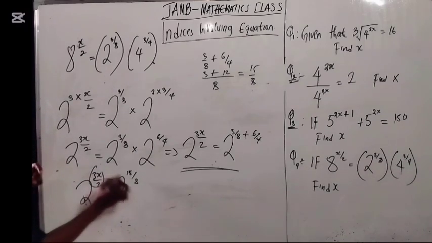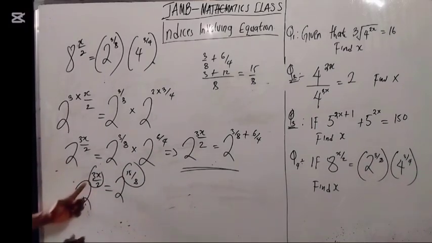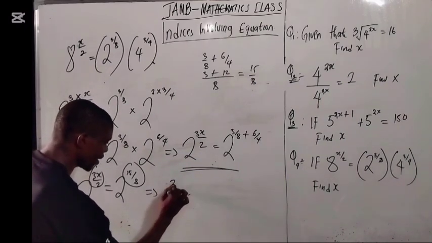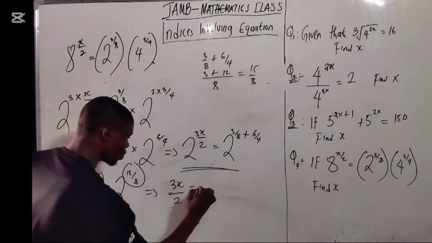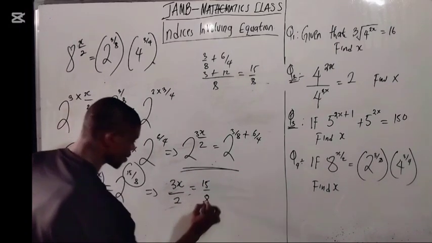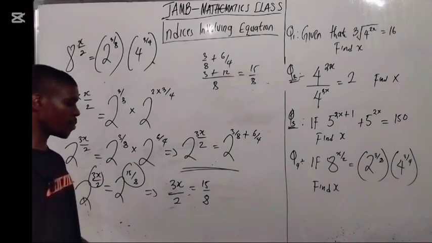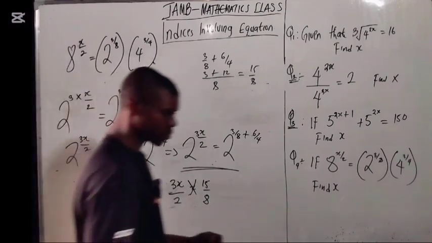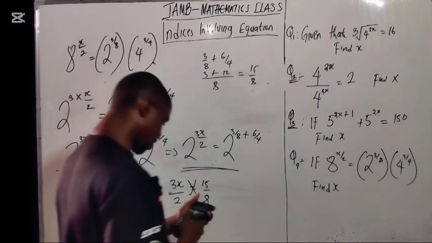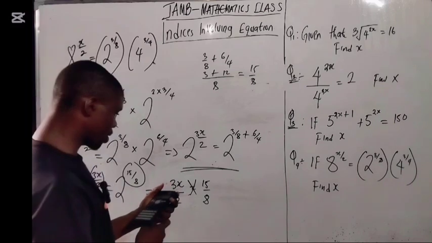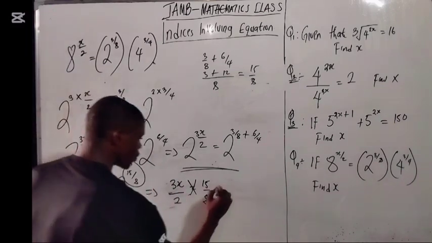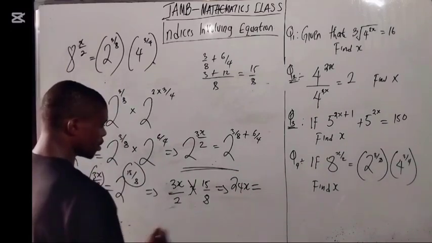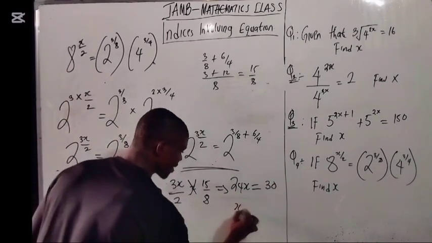What you want to do here is equate the powers, right? Because they have the same base, we have 3x over 2 equals 15 over 8. So here we now solve the normal equation. I want to cross multiply, right? So it will be 3 times 8, here we have 24, so 24x equals 30. So here we have x equals